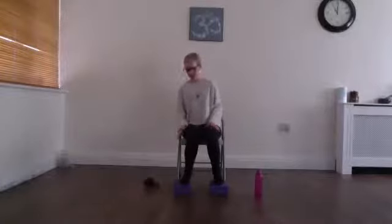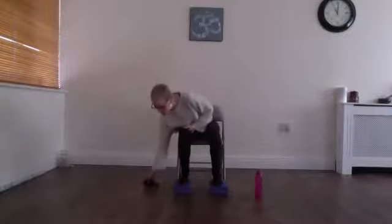I have my feet elevated on a couple of blocks here because my feet don't touch the floor. You could use some books, or if you have a bolster, and you need that little bit of elevation from the floor as well, so that your feet are supported. Just take a moment to pop something underneath, and we're also going to use, possibly later on as well, the